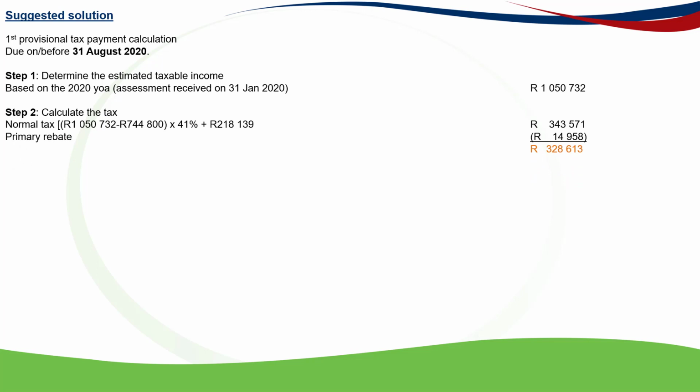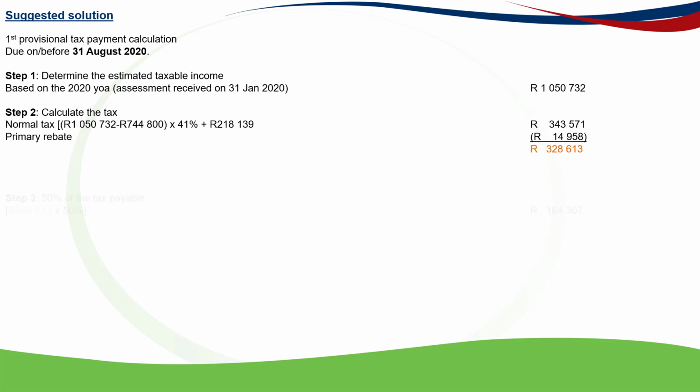We need to take into account any applicable rebates. For this first provisional tax payment calculation, we will only take into account the primary rebates due to the age of the taxpayer, and also noting that the medical contributions were only made after the 31st of August. We will therefore not consider the medical credits in this calculation, but will consider them in the second provisional tax payment, because before the 31st of August 2020, the taxpayer had not made any contributions to the medical aid. They only started making contributions on the 31st of January